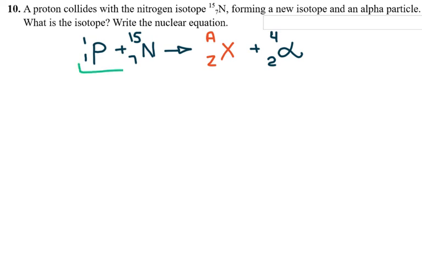So the sum of the protons on the left and the right side must match each other. So that means the new element that I do not know, that's why I call it X, has the atomic number that has to add together to 8 as the way it is on the left side. So atomic number here must be a 6. And then I still have the alpha particle,